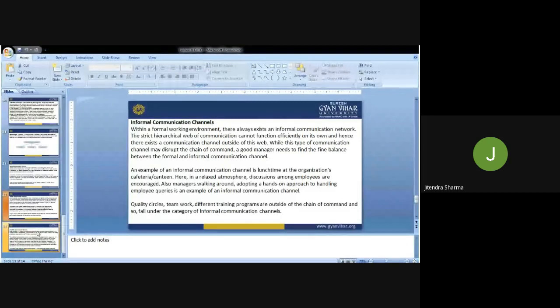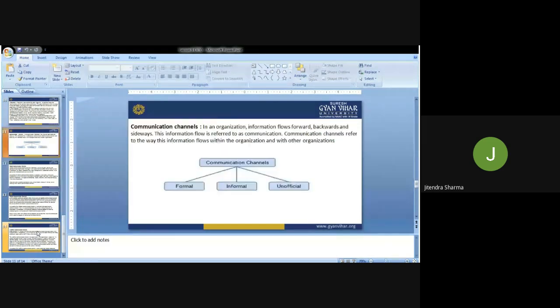So that's informal communication, then the formal, and then the unofficial communication we have discussed. Now once again I'll go over the pattern of communication, how we have the communication channels: formal, informal, and unofficial. These three we have discussed in detail, and I hope that with the